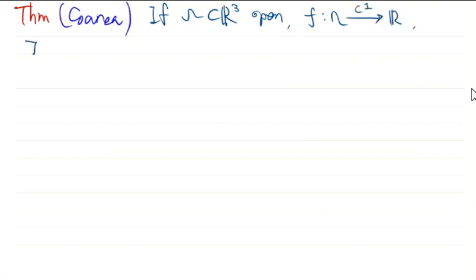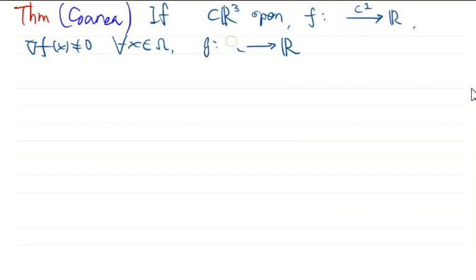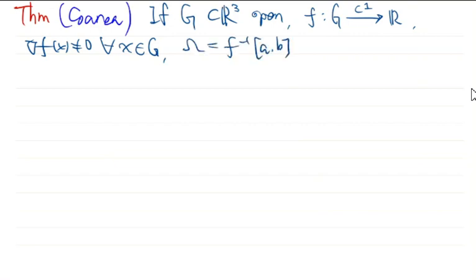The gradient is never 0, and g is a continuous function. This is true for any x in the domain of g, and let omega be the pre-image of the interval, where g is continuous on omega. Then the result is that